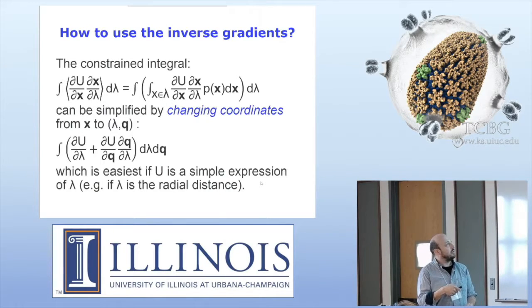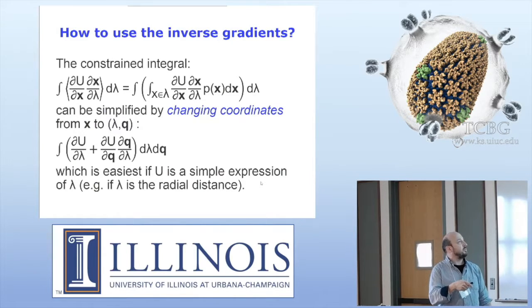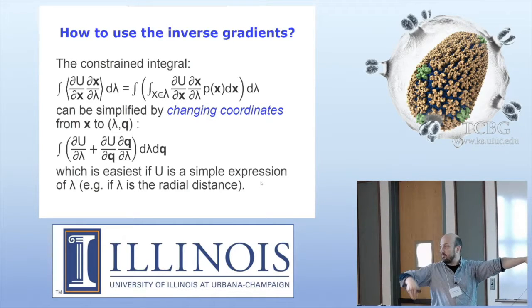And here you can integrate over all the coordinates that are within that lambda manifold, within the slice of the space that are constant lambda. And this can be tricky. Instead of always taking the integral on the manifold, which may be difficult to get, you can change the coordinates from the 3N-dimensional vector of Cartesian coordinates to one system where you have lambda as the first coordinate, and then some other coordinates which you call q, or whatever, because those are the ones that you don't care about. What happens is that you get this derivative here,